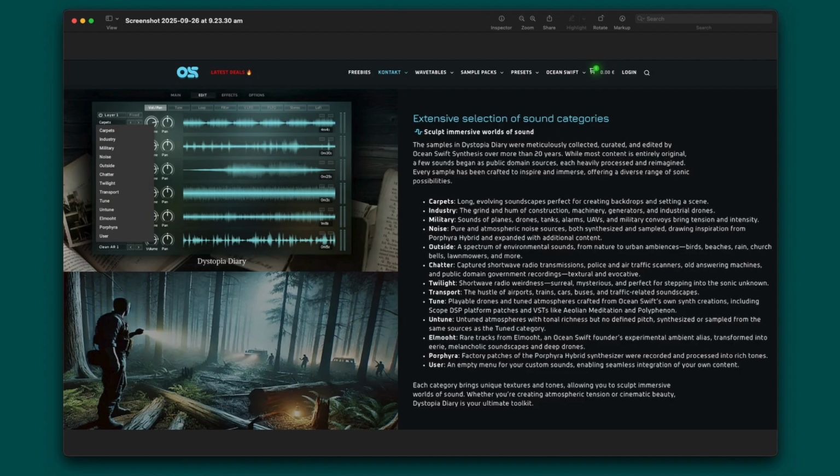Military is the sound of planes, drones, tanks, alarms, UAVs and military convoys to bring tension and intensity. Noise is pure and atmospheric noise sources, both synthesized and sampled. Outside is a spectrum of environmental sounds from nature to urban ambiences, so birds, beaches, rains, church bells, lawnmowers, and more. Chatter is captured shortwave radio transmissions, police and air traffic scanners, old answering machines, and public domain government